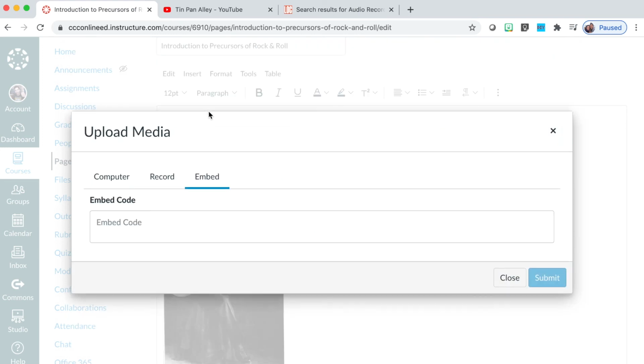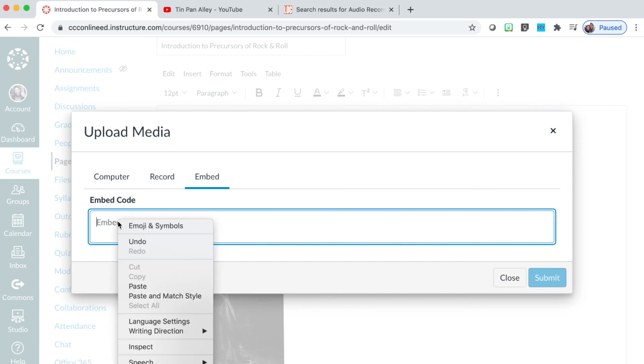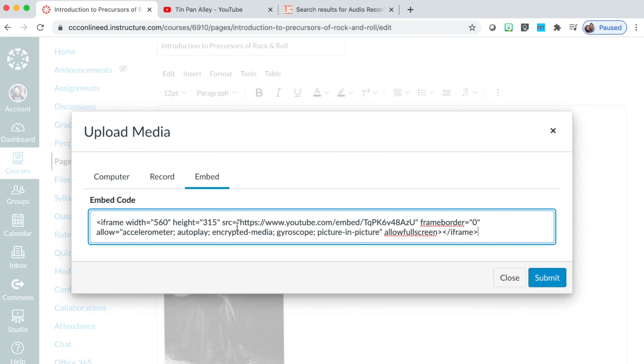So I select the embed button and then I click into the embed code field and I'll go ahead and paste the code. So there's the code. It will embed the video into the page. You can keep the default height and width. I personally like to change the dimensions. I keep the same ratio, but I bring the width down to 400.